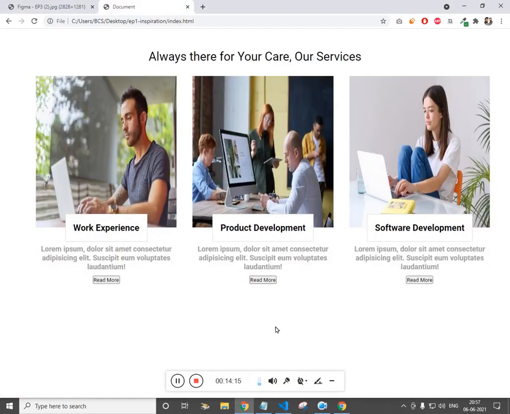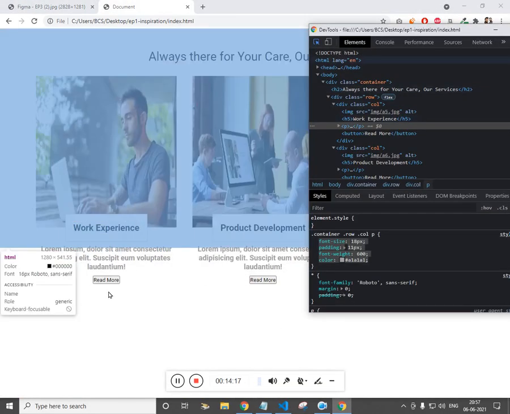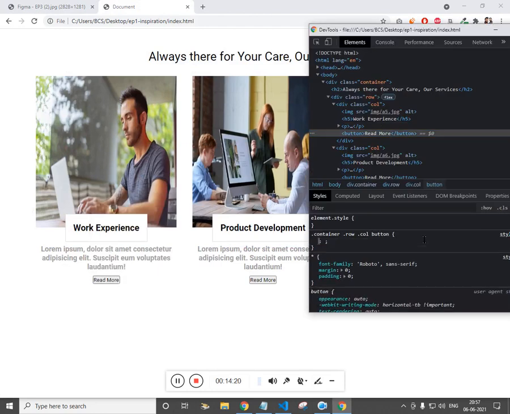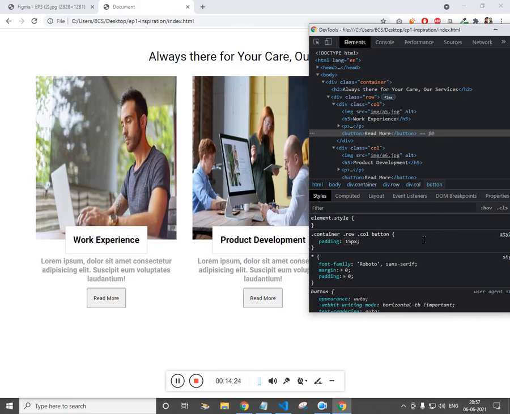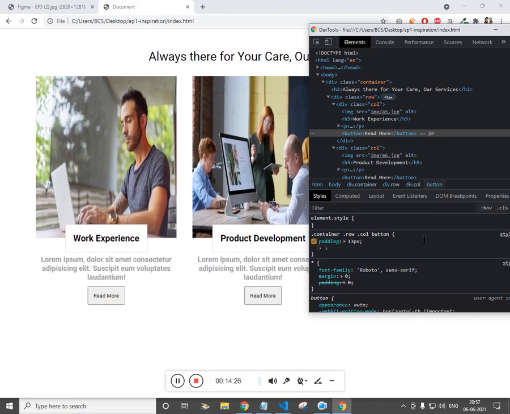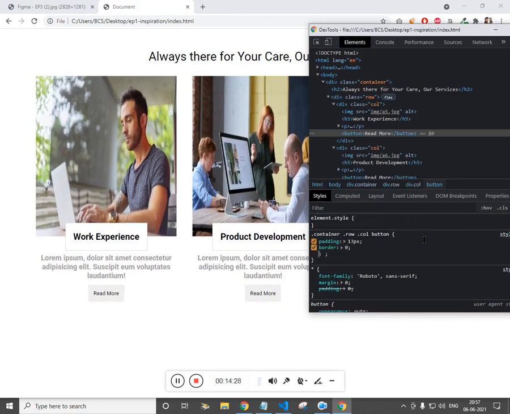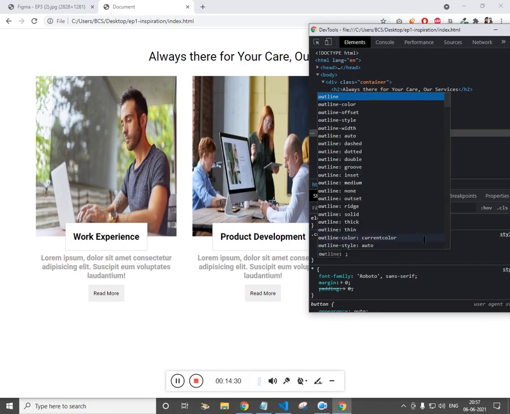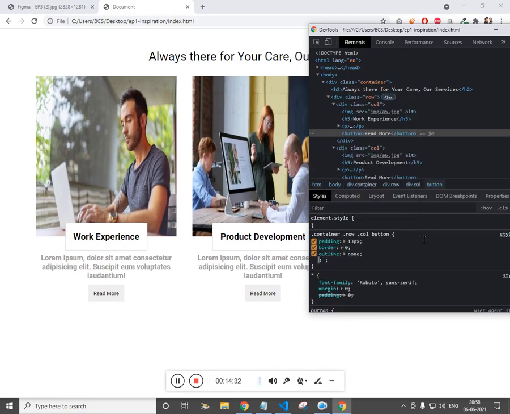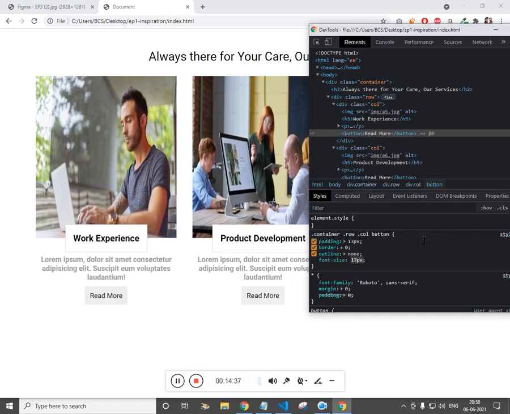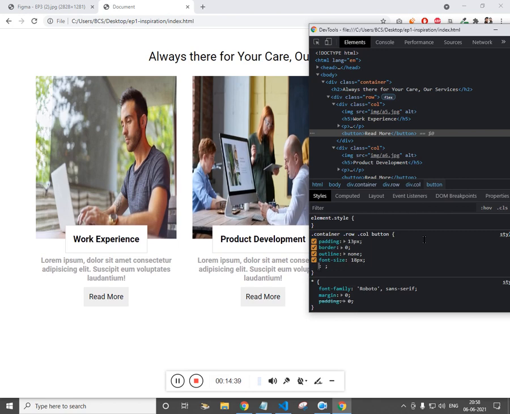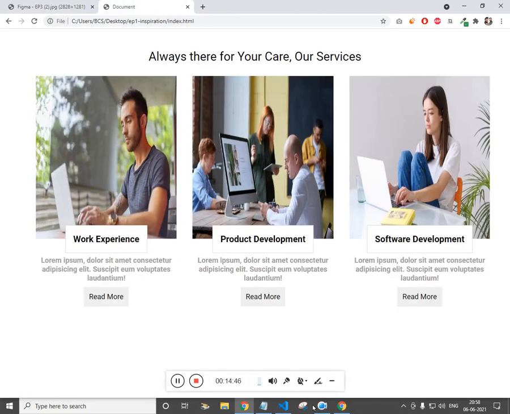Now finally the button. So it's going to be padding 15 pixel on all sides, and remove the border and remove the outline, and let's add the font size of 12 pixel. We need to increase the font weight.